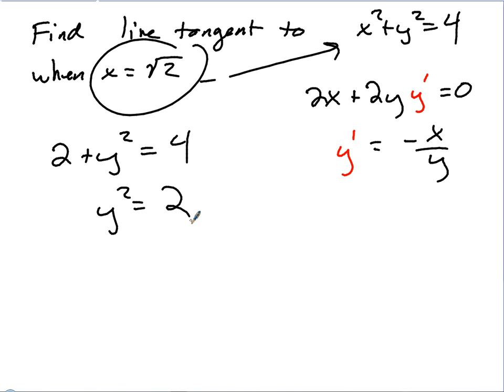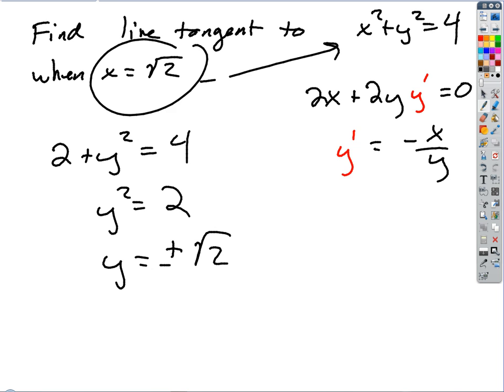Y squared equals 2. So what does y equal? Plus or minus the square root of 2. So I get two answers, right? I'm going to get two different answers for this. I'm going to get one answer when y equals the square root of 2. And let's just try that one. So